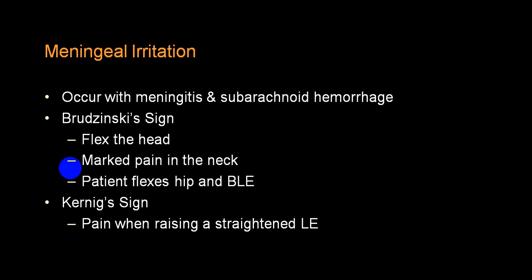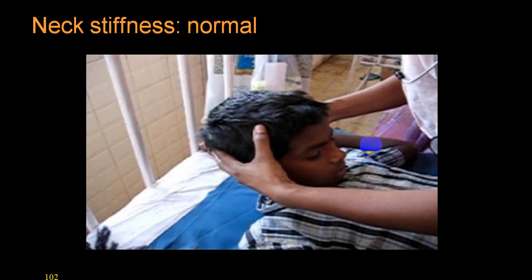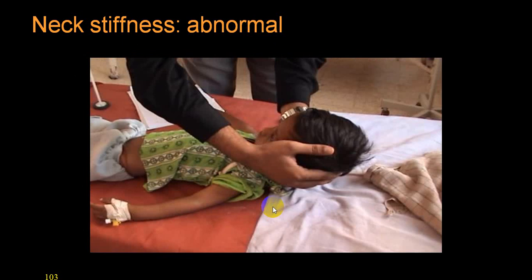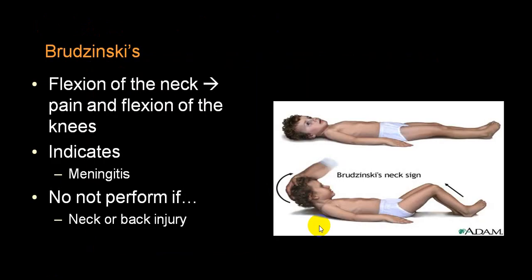So you can demonstrate all these three signs, quite characteristic in subarachnoid hemorrhage, a good number of times in case of intracranial hemorrhage, and with meningitis, maybe bacterial, viral or even encephalitis. Also in case of meningism. Here you are demonstrating neck stiffness. Again, neck stiffness in children can be easily demonstrable.